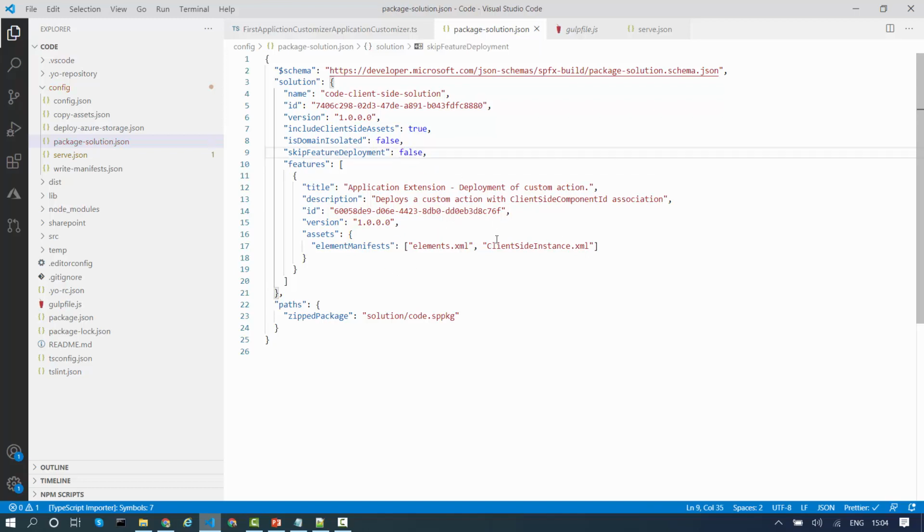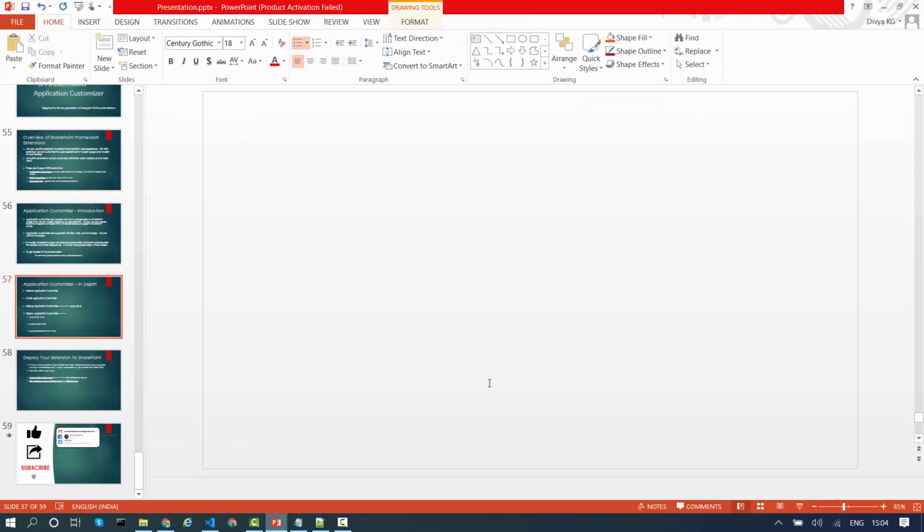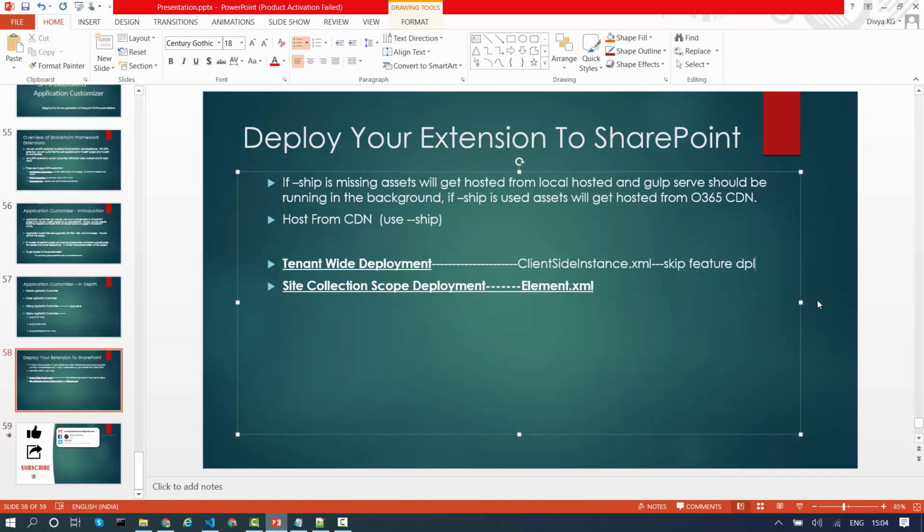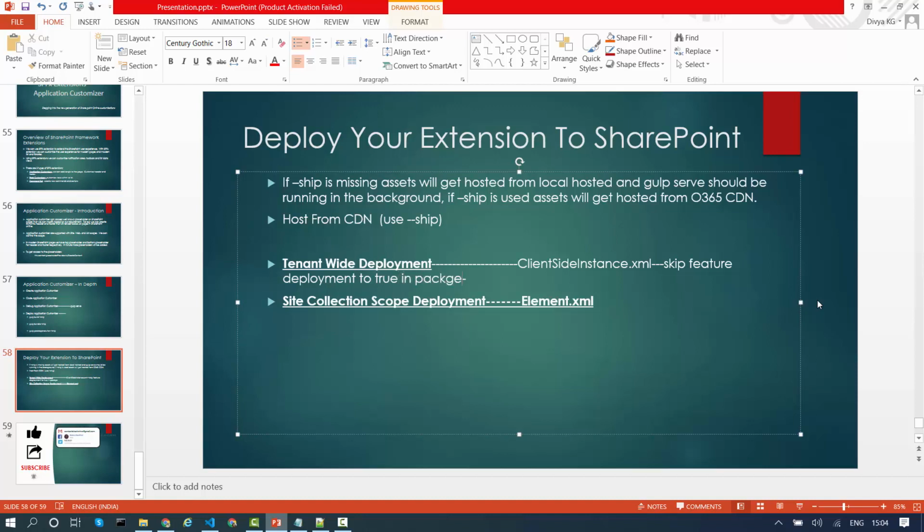So you can keep both the files included over here. I will add the same over here also: tenant-wide deployment, client-side-instance.xml, skip feature deployment to true in the package-solution file under the config folder.